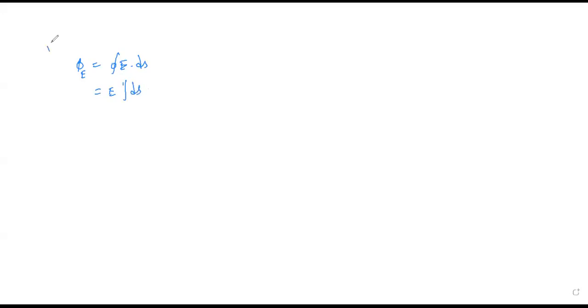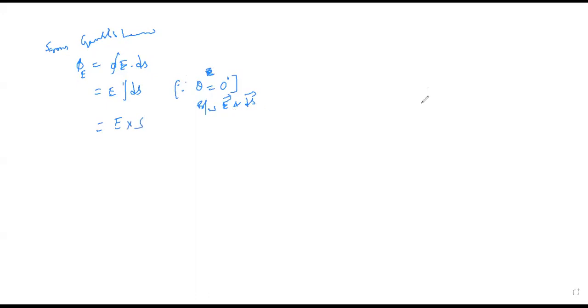So from Gauss law again. While doing the derivation from Gauss law, we know that psi is equal to the closed integral D dot dS. And here I am taking the curved surface, so on the curved surface it should be written as E dot dS. Here the angle theta between E and dS should be equal to 0 degrees, so cos theta is 1.